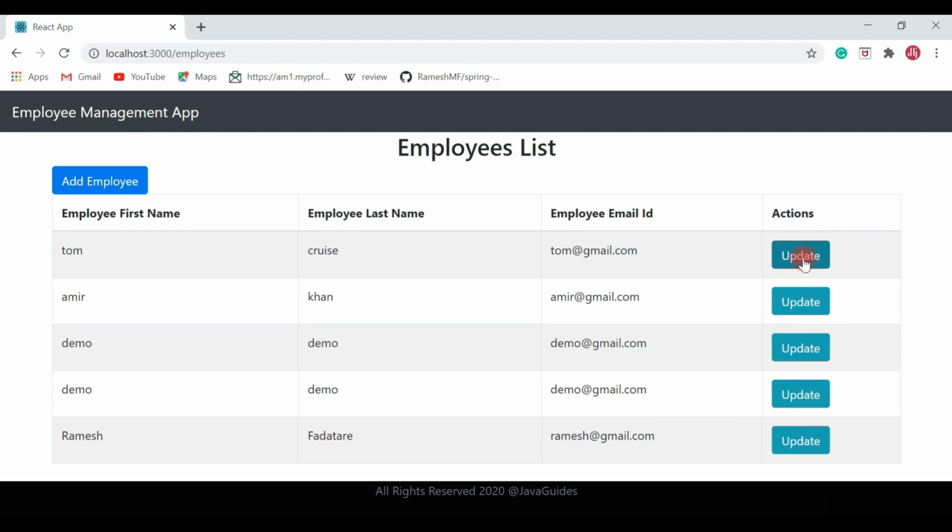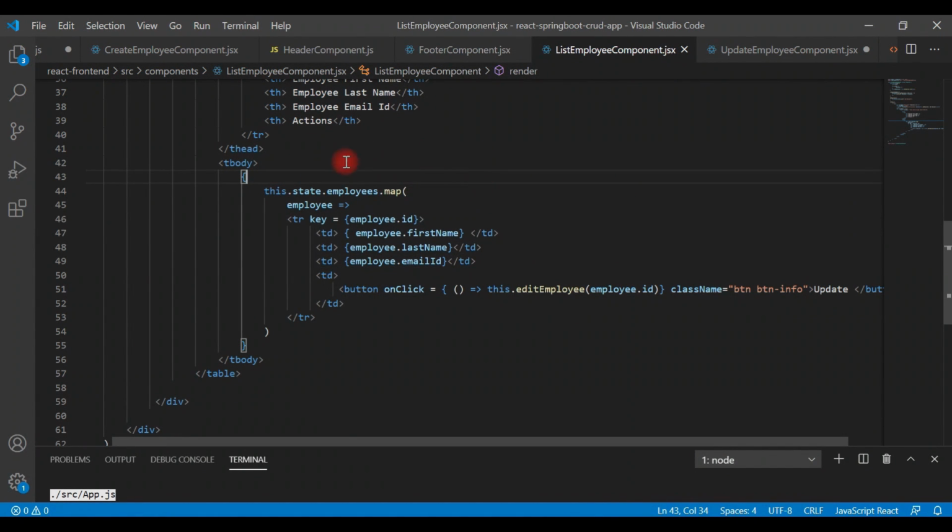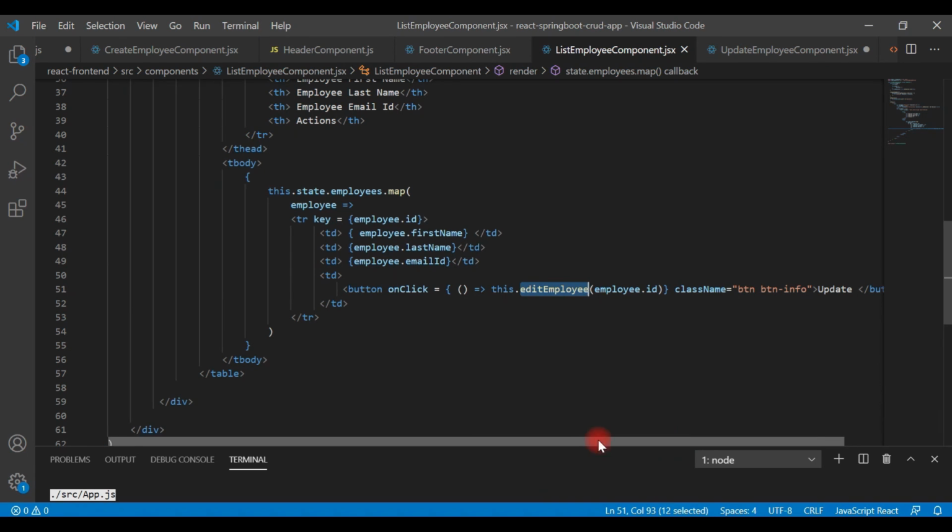Now once we click on update button, it should navigate to the update employee component. Alright, it means that whenever we click on update button, this should navigate to the update employee page. Let's go ahead and let's add on click event handler to navigate to the update employee page. Let's go back to the VS Code IDE. Let's copy the method name,